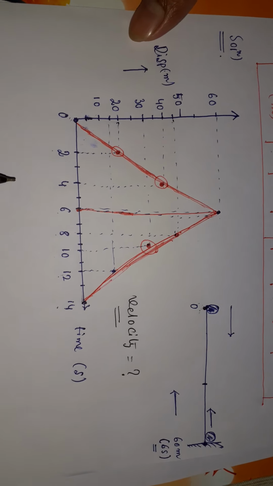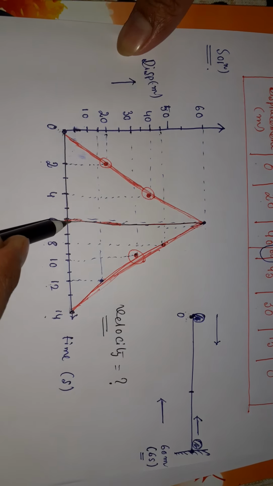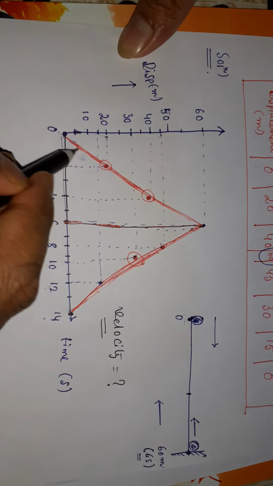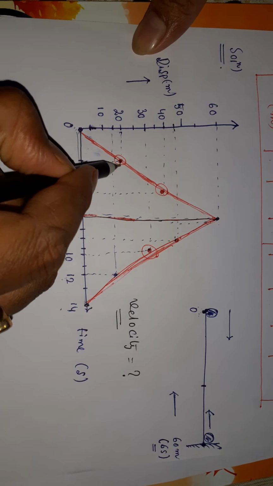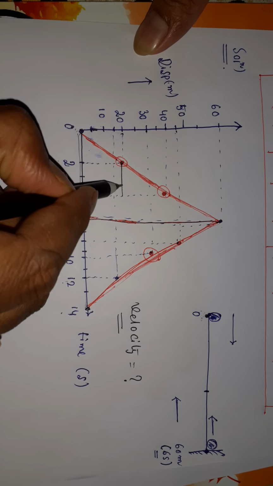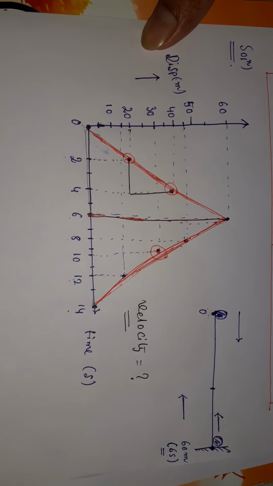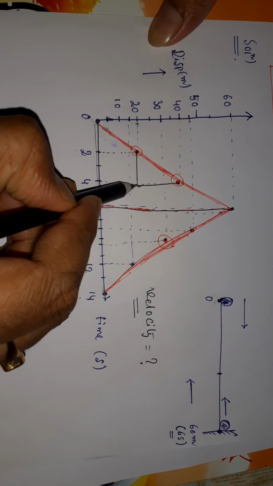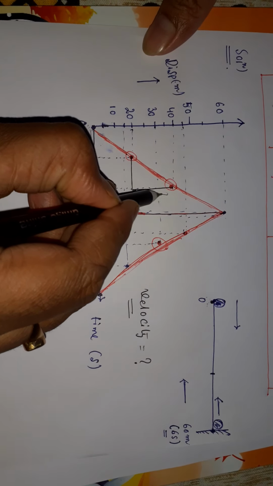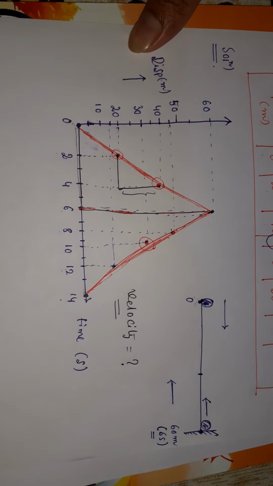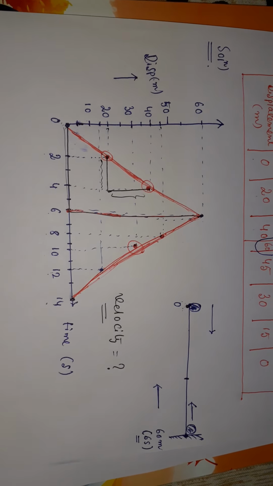So what type of slope? You can consider this whole triangle, or you can consider any 2 points. First of all I am telling you this one, this small triangle I am just considering. Within these two points I have drawn one certain triangle here. Now we can calculate two things. One is the height of the triangle, and one is the base of the triangle.